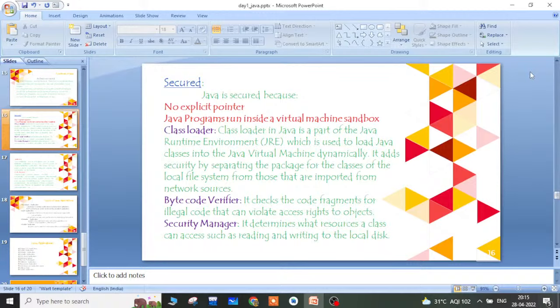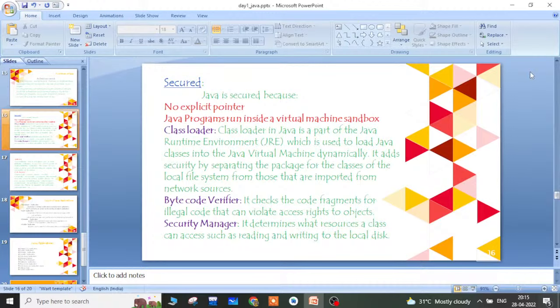So when you are importing from somewhere, it is going to separate the packages for all these classes from the local file system. Because it is separated from network sources, obviously our data is safe.